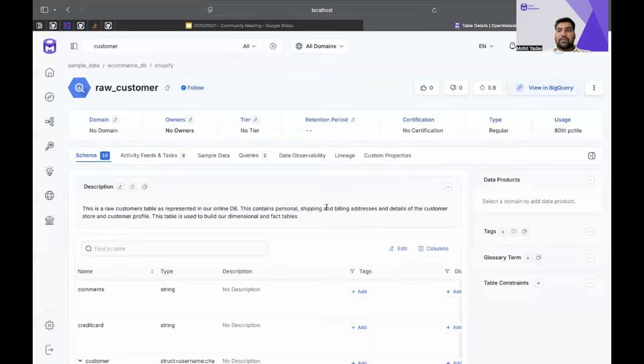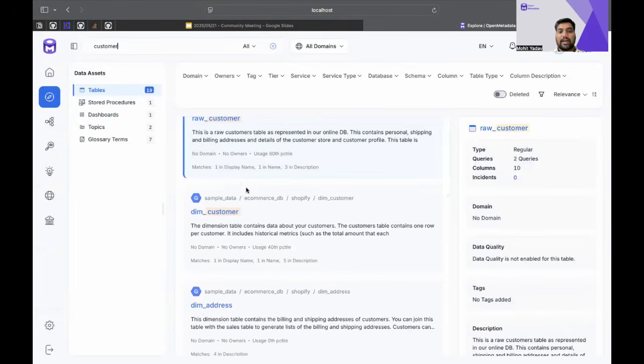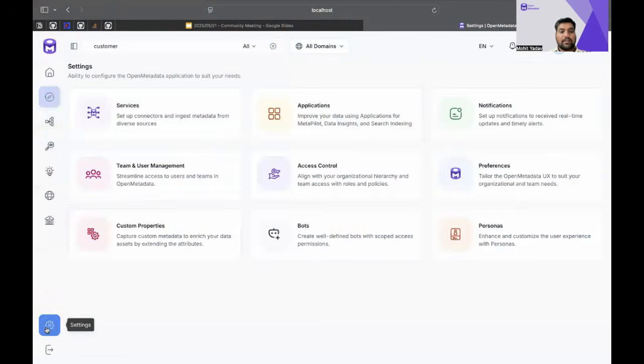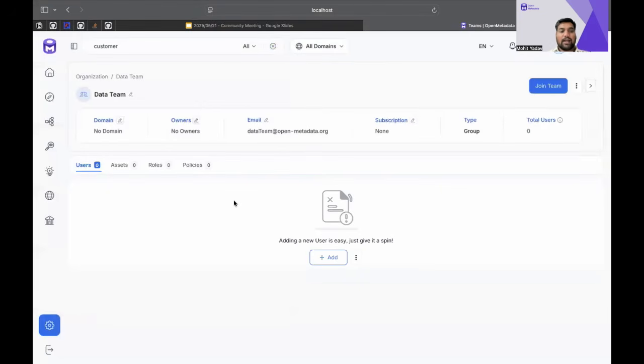Okay, another scenario would be, imagine you being a data steward, and you see there are a bunch of customer tables that do not really have any owners, and there is a data team, and I want, as a data steward, these customer tables to be owned by this data team.